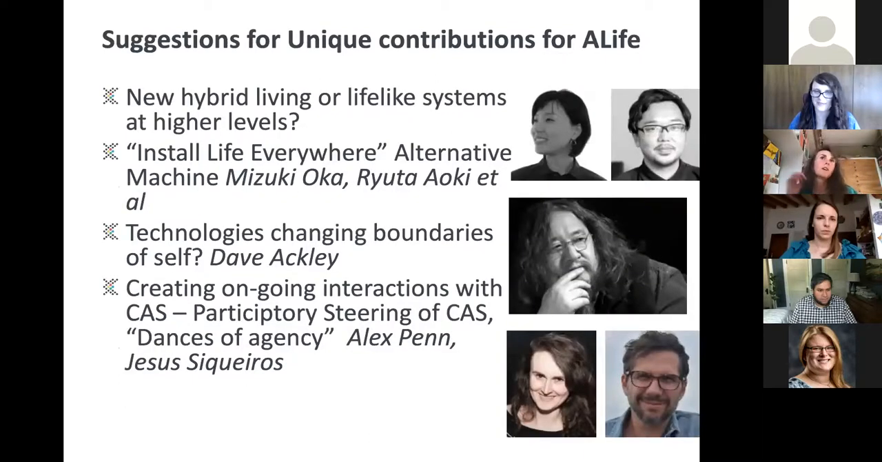So another kind of contribution we can think about, and I think Emily touched on this a bit in her talk, is actually new systems. Some of the systems we have to deal with could be thought of as new hybrid living or lifelike systems at higher levels. Would it be interesting to think about our cities or our agriculture, in this sense, as artificial life